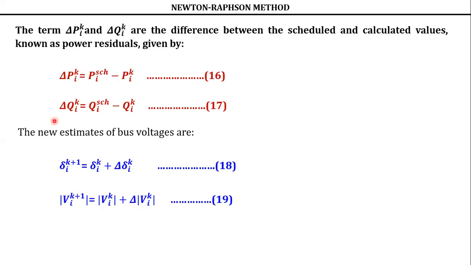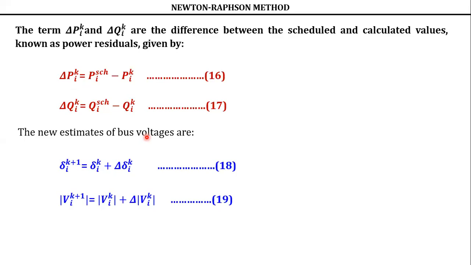So till which point are you going to repeat? Till this delta Pik and Qik is less than or equal to epsilon, a small value. What is this epsilon value? That is the accuracy value, it depends. It may be 10 power minus 4, 10 power minus 6 or 10 power minus 8. This accuracy is for planning purpose, real-time control or online control, or for normal load flow.